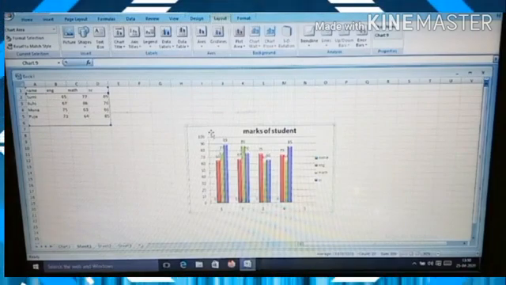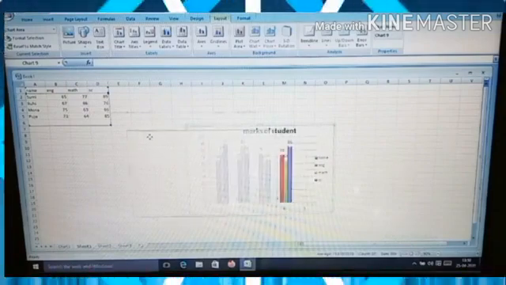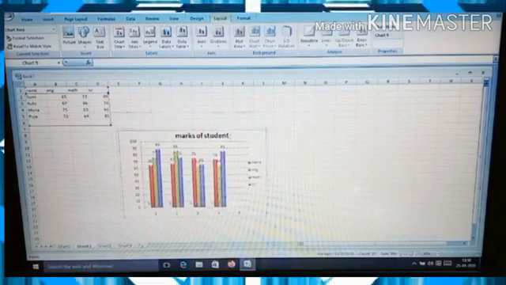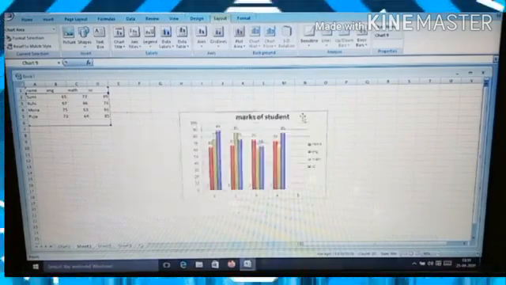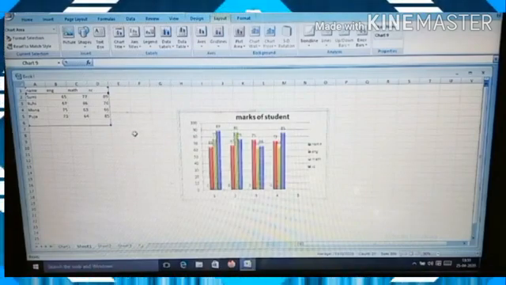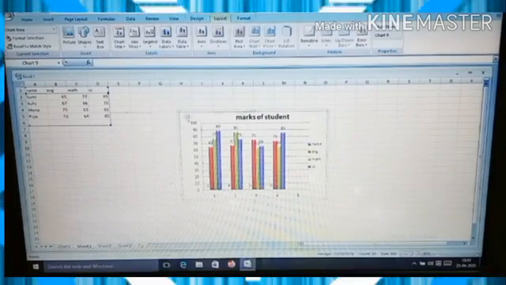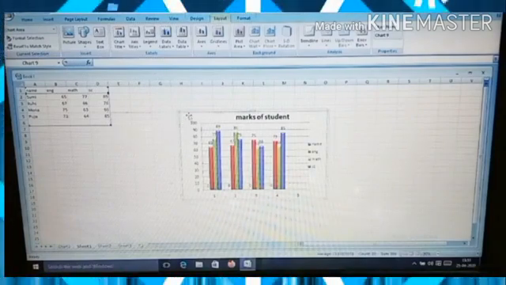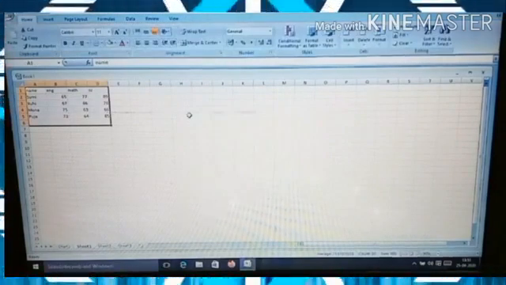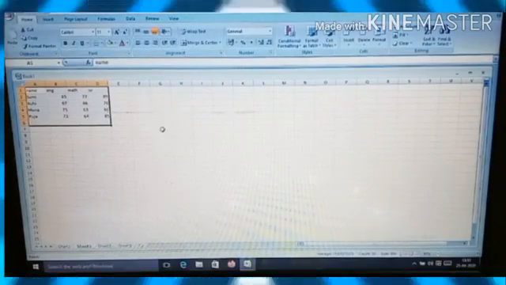You can also move the chart in your desired direction. You can click anywhere and drag it in the desired direction. Click on the chart, hold it and bring your chart to another location. So this is how you can move your chart. Now how can we delete a chart? As you have already seen, click on a chart and press the delete key on your keyboard and your chart has been deleted from there.